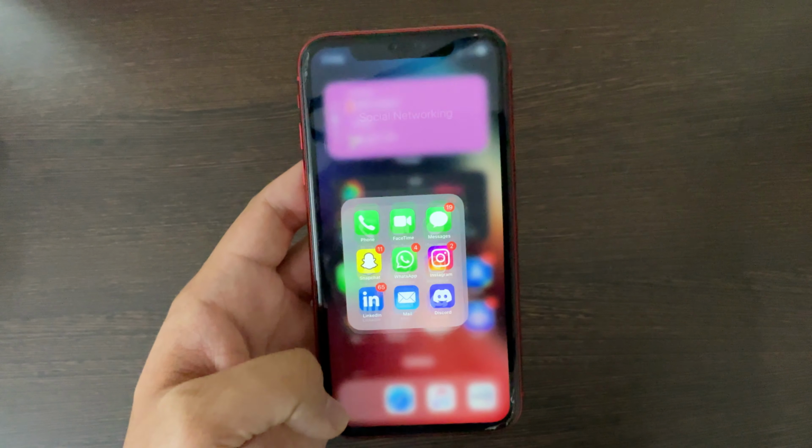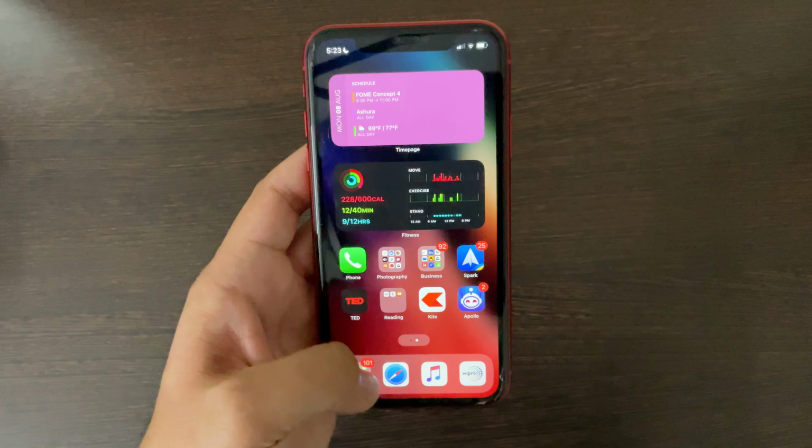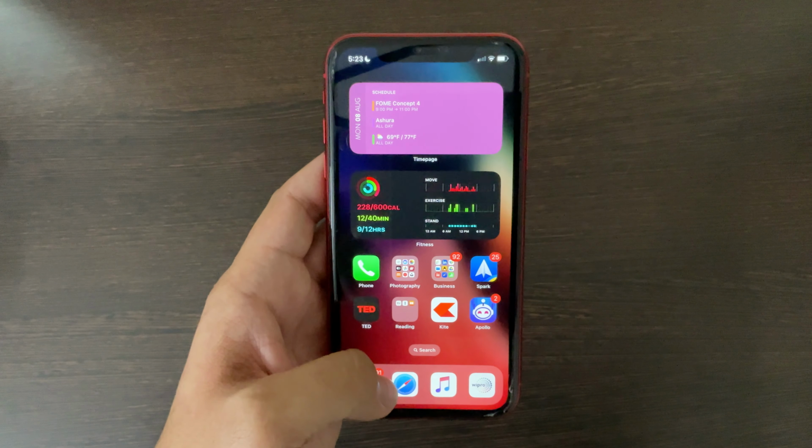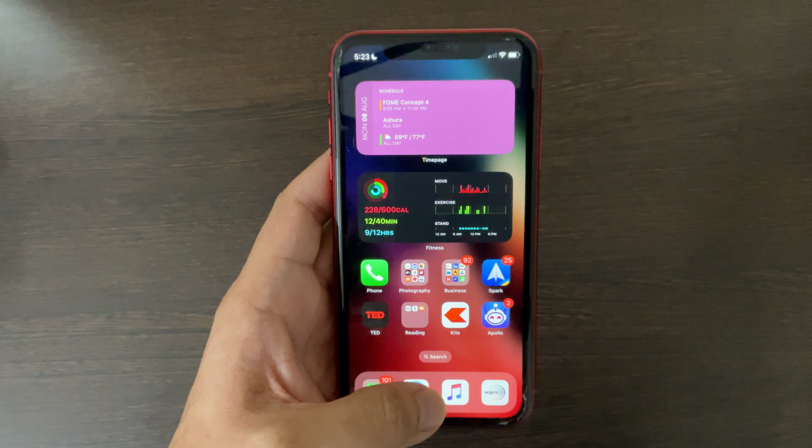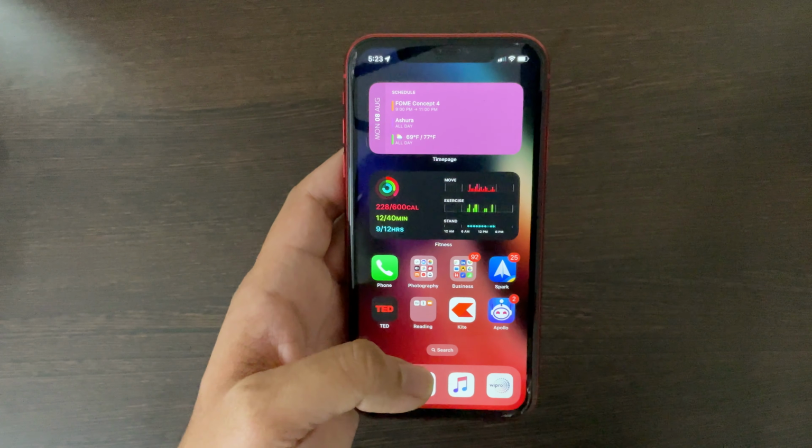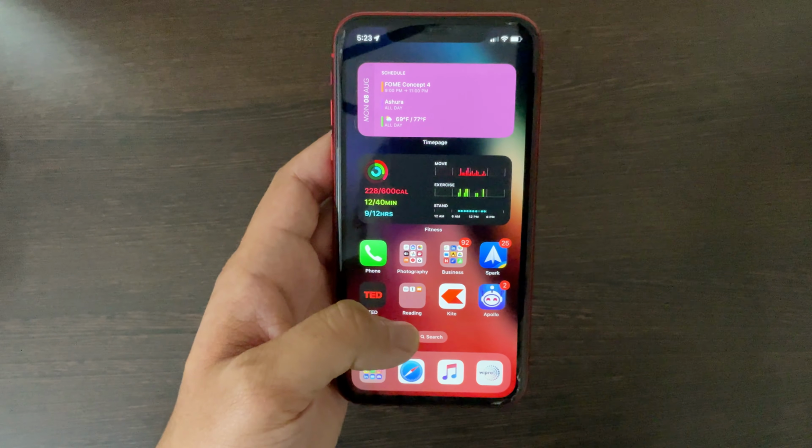In the dock, I have a folder with social media apps. I have Safari for reading and research. I have the music app, and I have my smart home app here so that I always have easy access